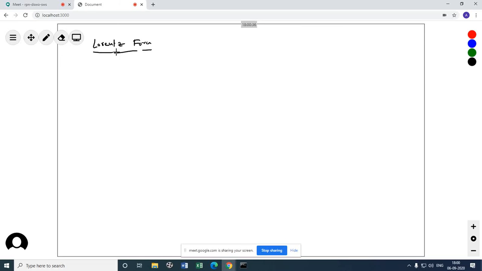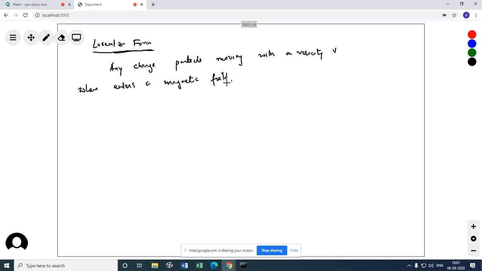What is Lorentz force? In case of Lorentz force, any charged particle moving with the velocity v, when it enters a magnetic field, it experiences a force